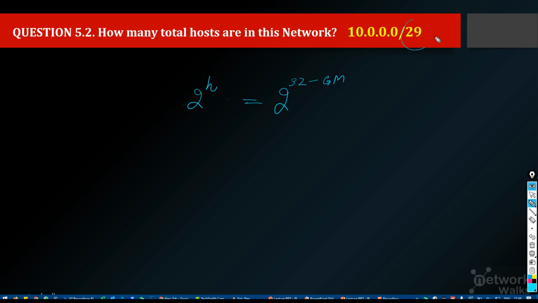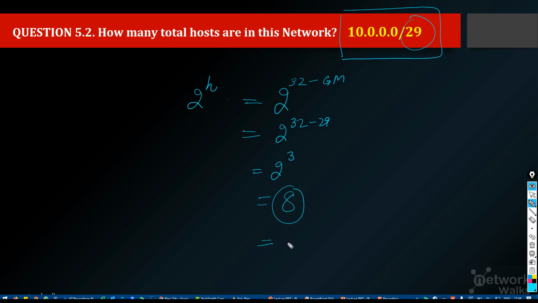And here the given mask is what? 29. So 2 raised to power 32 minus 29, which means 2 raised to power 3, which gives us a total of 8 IP addresses, total number of hosts. So in this network there will be 8 hosts, 8 IP addresses available, and out of